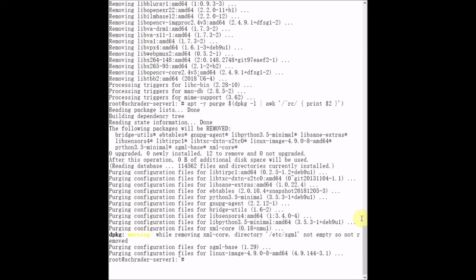Okay, and now purge removed packages, which deletes all of the config files that the packages may have left behind, the obsolete ones that we deleted. Okay, now if we cat our Debian version file, we'll see that we are on Debian 10,